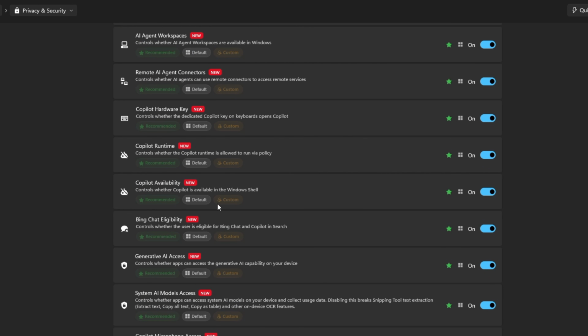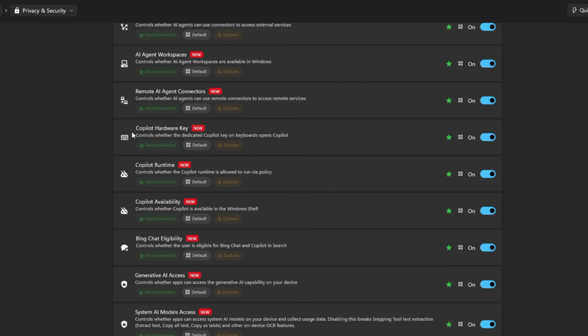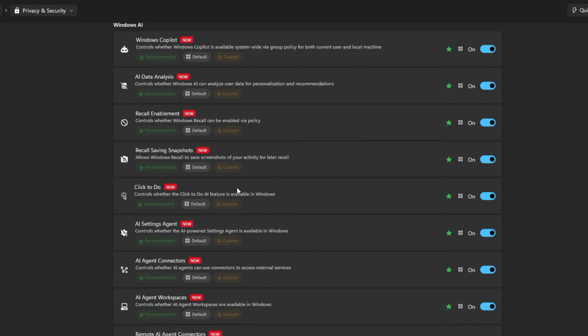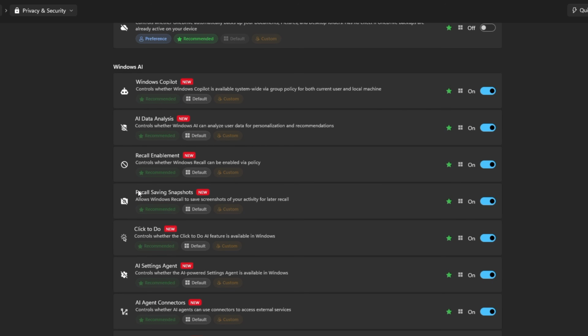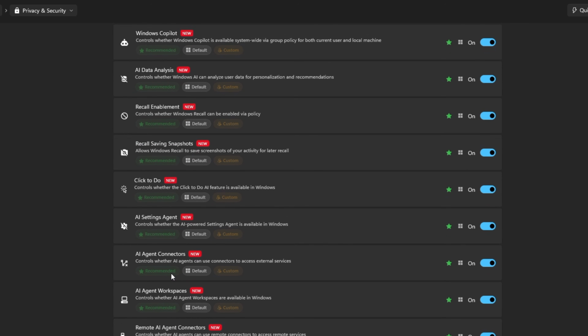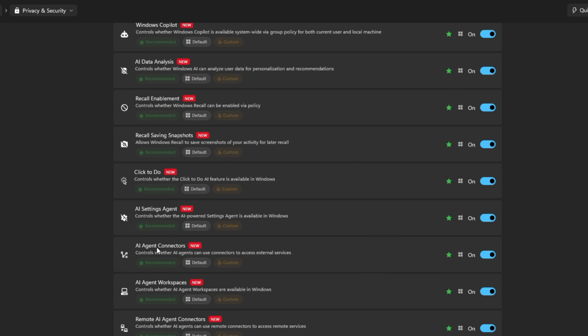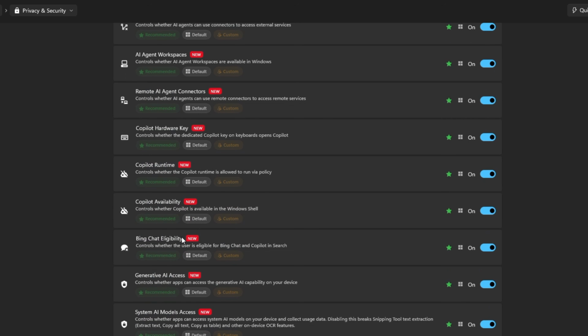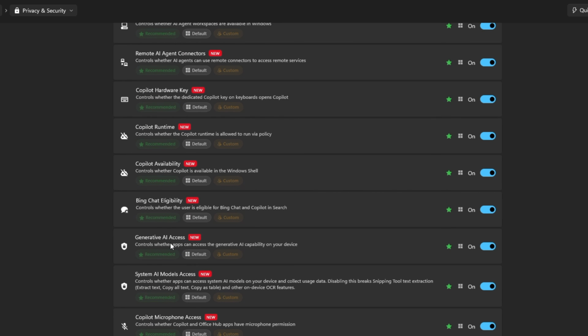You've got the whole Copilot family. Windows Copilot itself, the Copilot hardware key, the Copilot runtime, Copilot availability, Copilot nudges, and even Copilot's microphone access. You've got Recall, and notice Recall gets 2 switches, one that enables it and one that lets it save snapshots of your screen. There's a click to do AI data analysis, a batch of AI agent settings, the settings agent, the agent connectors, agent workspaces, remote connectors, Bing chat eligibility, generative AI access, input insights,